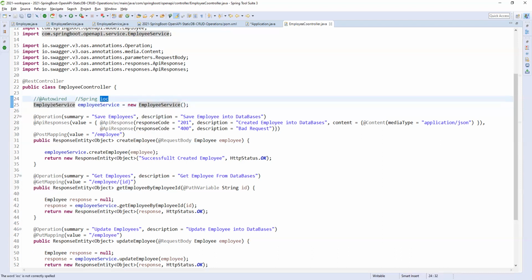I am not controlling this object; Spring is controlling the creation of this object. That is the reason we call this concept Spring IOC, inversion of control.